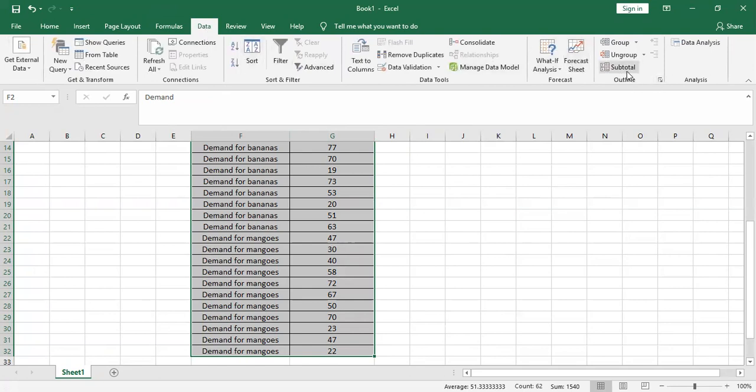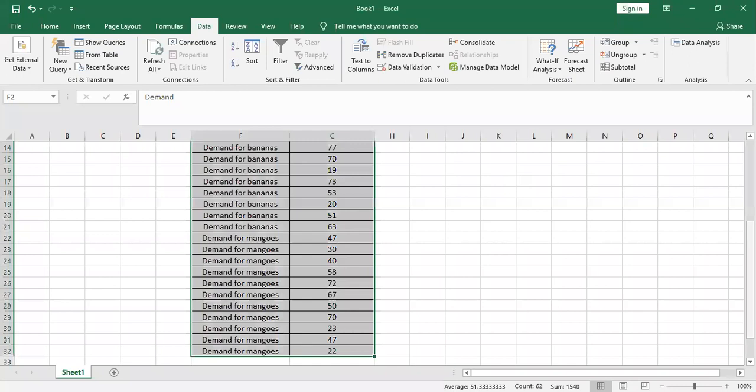In the outline group there is this subtotal. Let me just highlight it for you, just a minute. Okay, so this is the subtotal in the data tab. So with that you can see where our subtotal is placed.